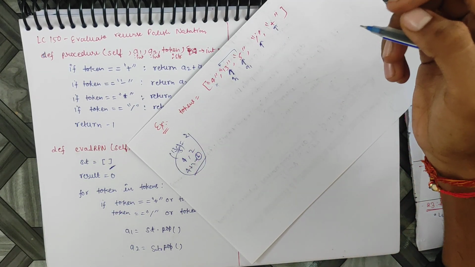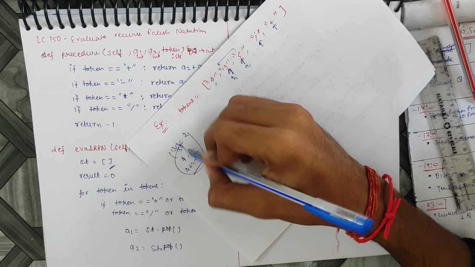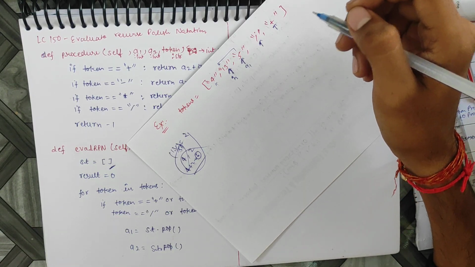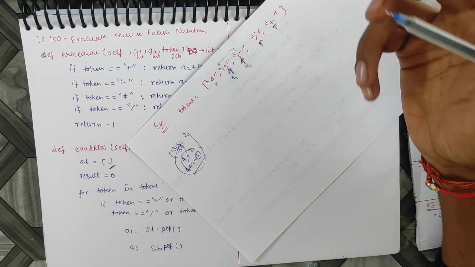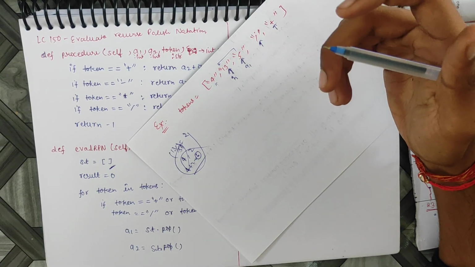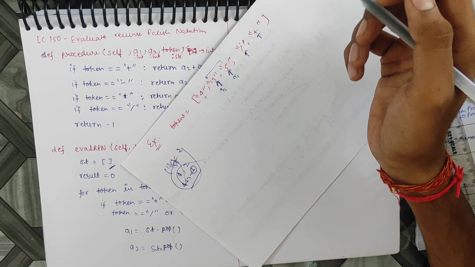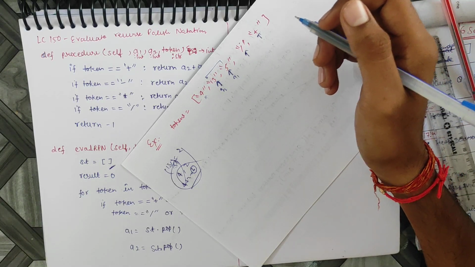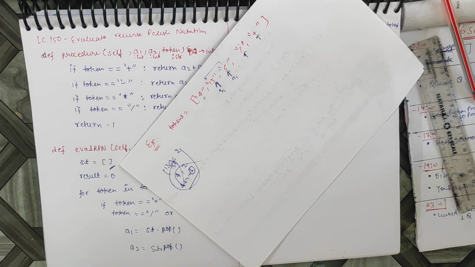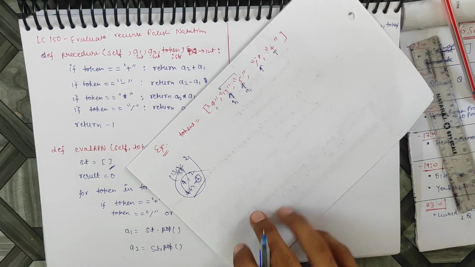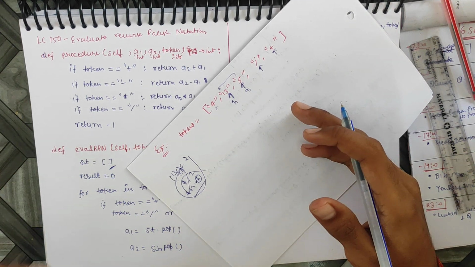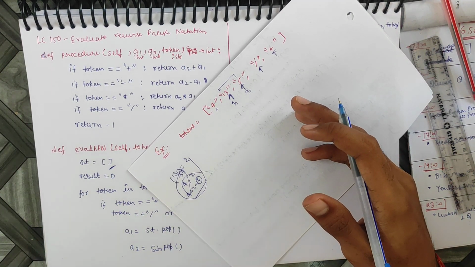But how will we approach this using code? To solve this problem, there are two approaches. The first one, the most optimal and good approach, is using a stack. It is a very easy approach. What we do in this problem is store all the numbers in the stack, and when we get an operation to perform, we perform it on the last two numbers which are already stored in the stack.